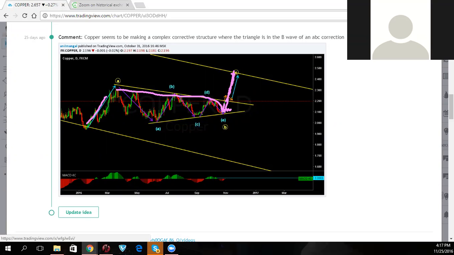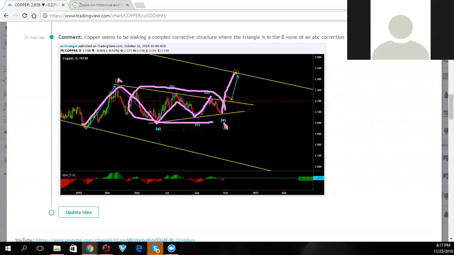That was the triangle. And we had traders who were in that trade going up. All of you know how that triangle... You see how this triangle here from 1, 2, 3, 4, 5 turned into an A, a B, where the triangle is the B wave, and then go there. And then all the traders come and say, oh, you're changing your analysis. No. We're moving with what the chart is doing.